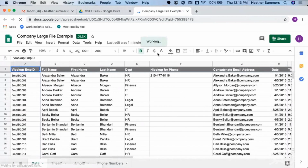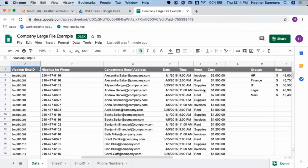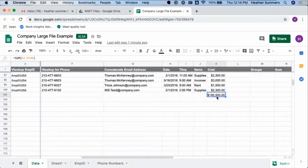Now, the cool thing is that we can open this up using what's called Office Editor. This is an editing tool that allows me to keep it as Excel, but have all the functionality of Google Sheets. What that means is, if I go over here to the cost, watch this total down here at the bottom, see this 195? I'm going to change this 2,300 to 5,000. And you see that this still summed it and updated that number,